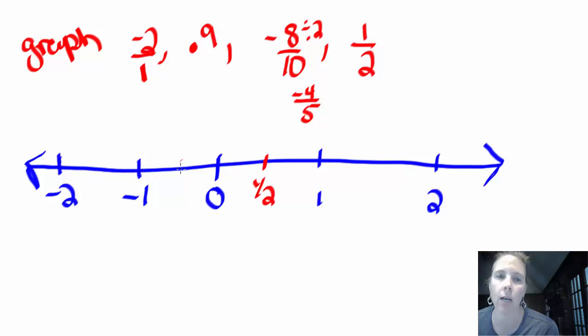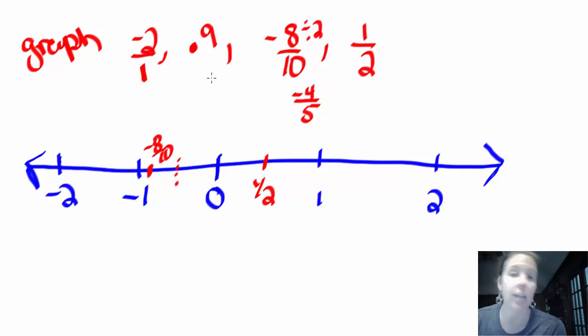Okay, and we're not going to make all the little marks right now. You just need to estimate right now. So we could put it right here. -8/10. This shows me that it's closer to -1 than 0 as of right now. And then we have 0.9 because